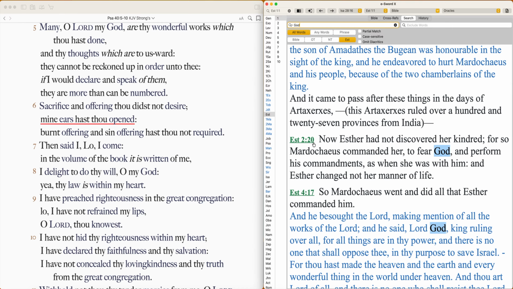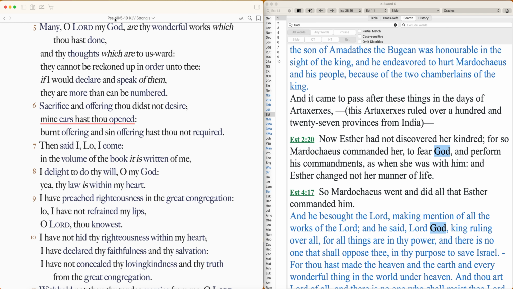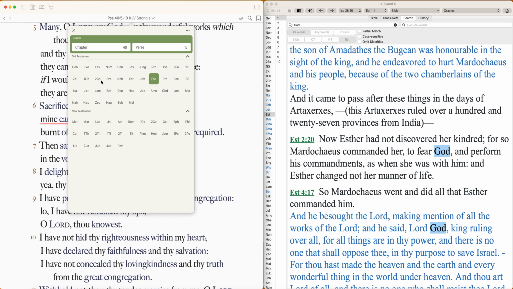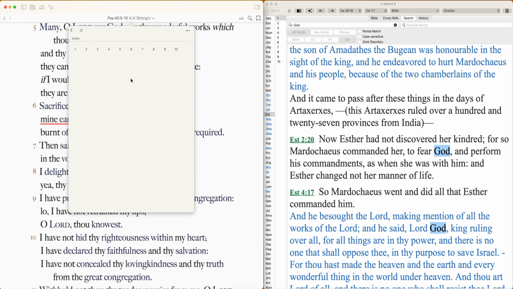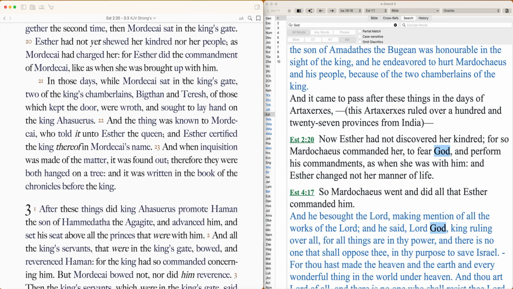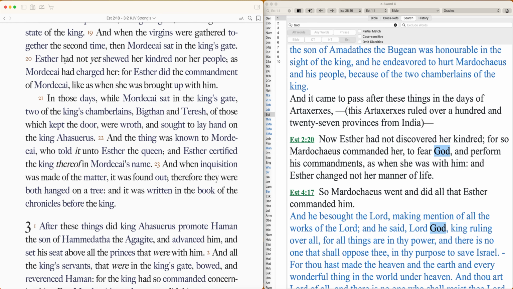Esther 2:20. Now Esther had not discovered her kindred, for so Mordecai commanded her to fear God and to perform his commandments as she was with him, and Esther changed not her manner of life. So now on the left, I'm going to go to the Olive Tree Bible. I'm going to go into the book of Esther, and into that same verse, chapter 2:20. Okay, it said,